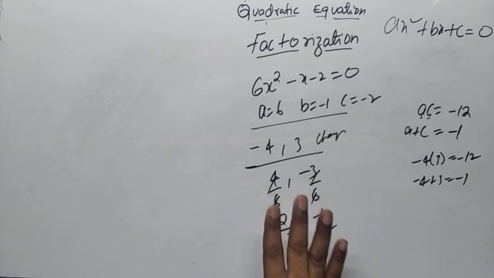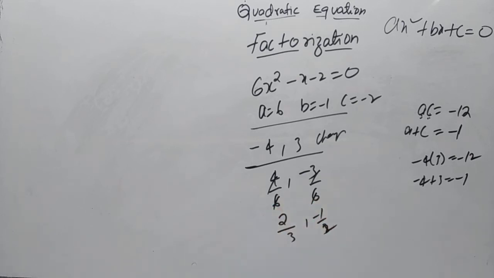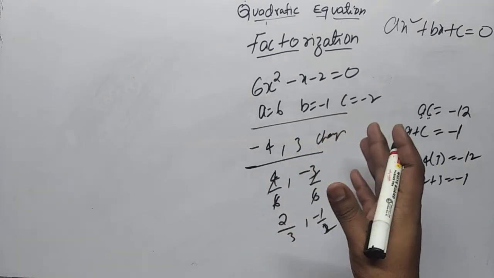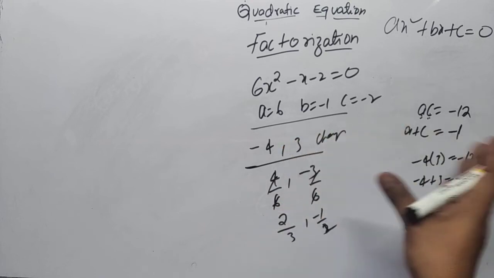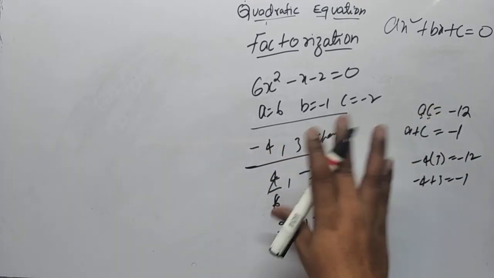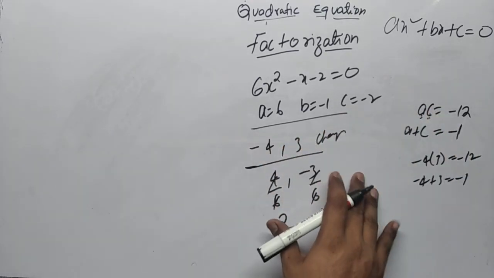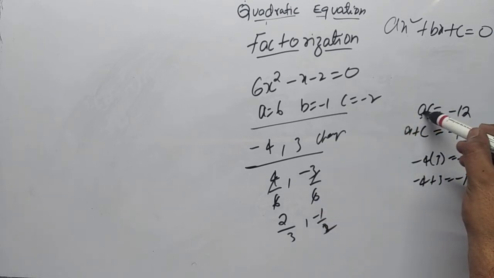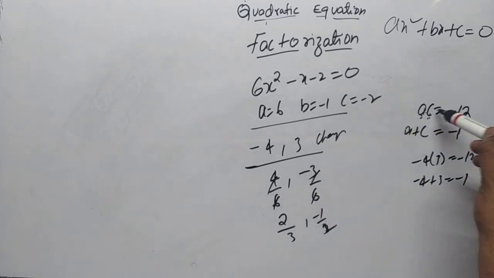Okay, so this is not for the exam. Whenever you are doing sums, finding the quadratic equation or choosing the correct answer in bits or multiple choice, there is no need to follow the whole step. You can do it in a simple way. The first step is just hit and trial. You need to find the two numbers which, when you multiply, you get minus 12, and when you add, you get minus 1. So the numbers are minus 4 and 3.